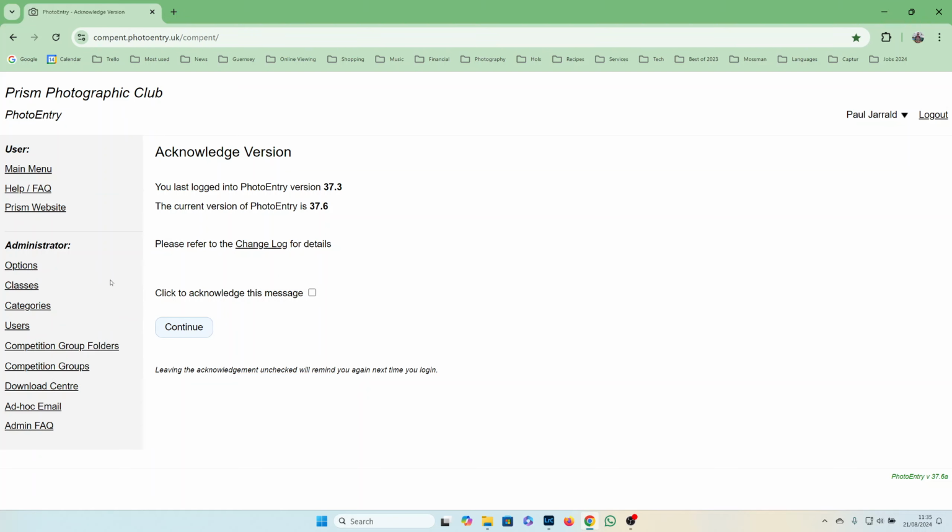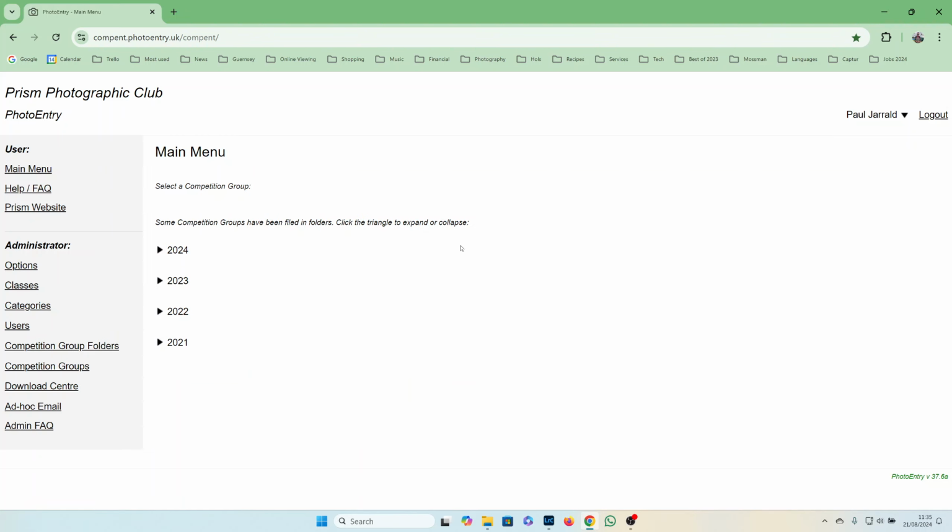But standard users, no offence, don't need to worry about this. You just use this bit at the top, and in fact, all you would ever really use is main menu. That's just a link to the Prism website. Help, frequently asked questions. I've never really used this, to be honest, but you may find some useful bits and pieces in there. So if you click on main menu, where you want to be looking is 2024, fairly obviously,